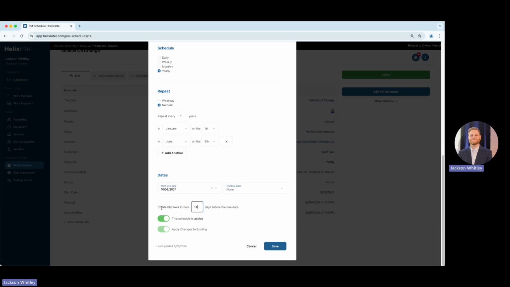Another really unique feature here is the ability to create those work orders involved with the schedule X number of days before the due date. A good example of this is a fire extinguisher inspection or some sort of inspection of importance. A lot of times we'll see teams that get super busy. There's an emergency that pops up and they can't get to that scheduled item on that exact day. So in this case, we can actually have the work order created off of this schedule 3 days before our